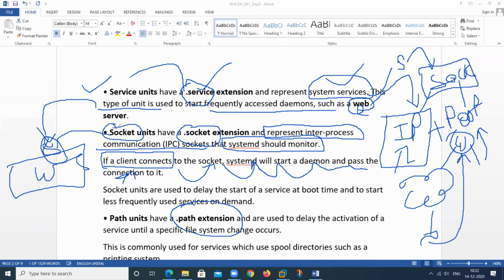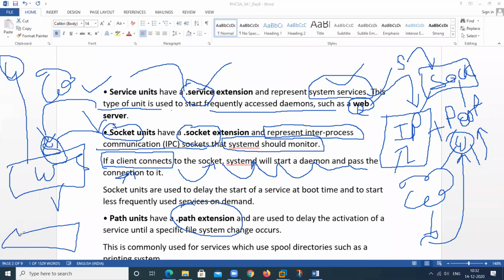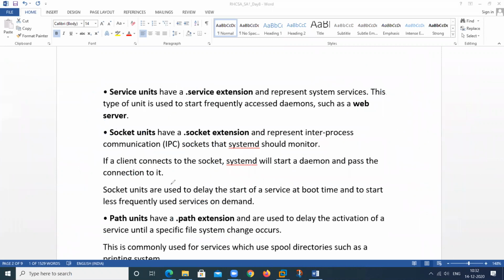If the socket or the connection is available, then anyone can access this particular web server. If this socket is not available for this particular web server, this web server cannot be accessed from outside the network or within a network also. So all the things will be controlled by this particular unit. So this is about the socket unit.